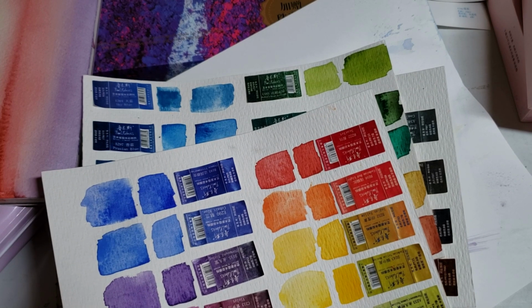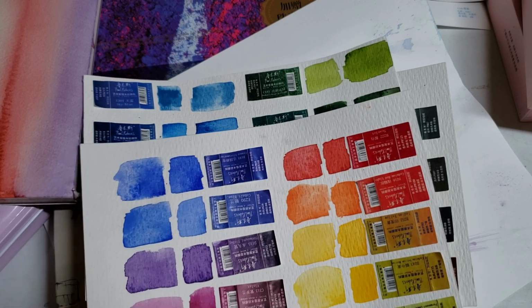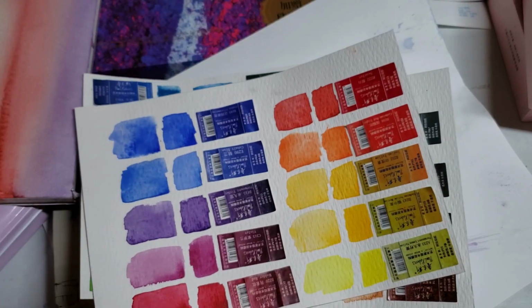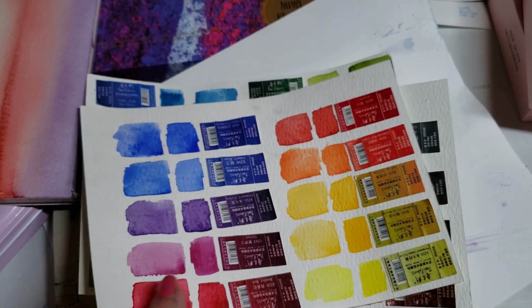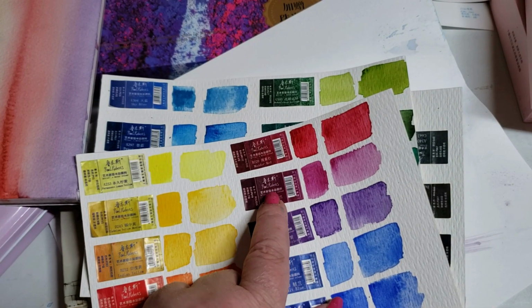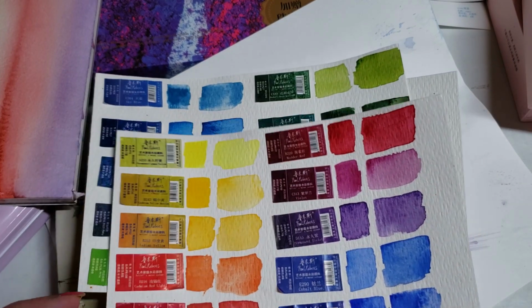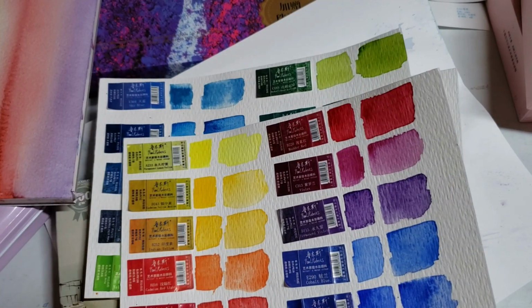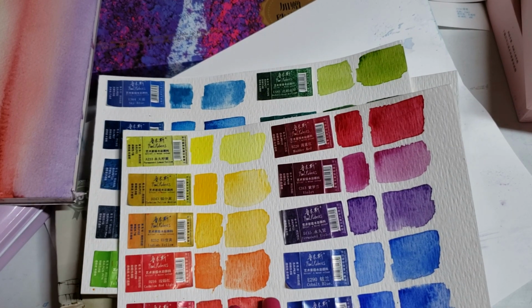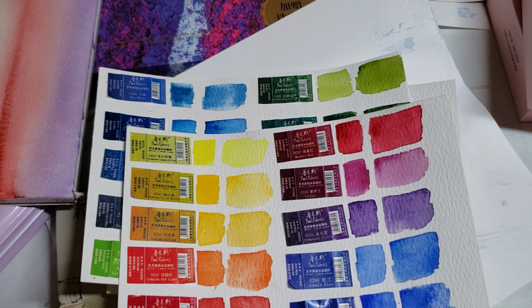I think that if you are a beginner and you don't have massive amounts of paints, this is a nice set. And the only negative was that blue. I loved this color. I don't know why I keep turning it upside down. Their violet. Madder red is very pretty. I don't have this color. This scarlet, which has a nice little blue hue in it, which is very important with watercolors. Whether you have a warm undertone or a cool undertone, it makes a big difference in the way your colors turn out